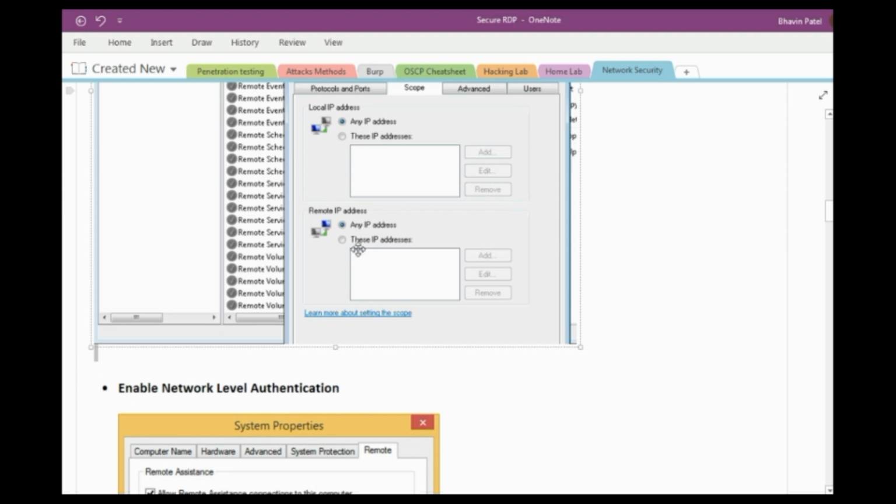So you can assign the selected incoming connections for the RDP.